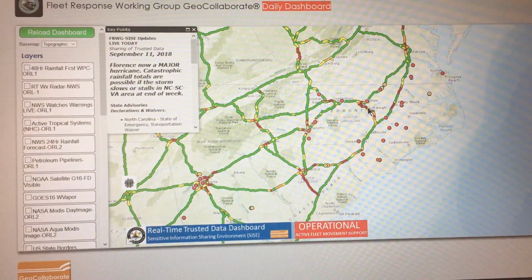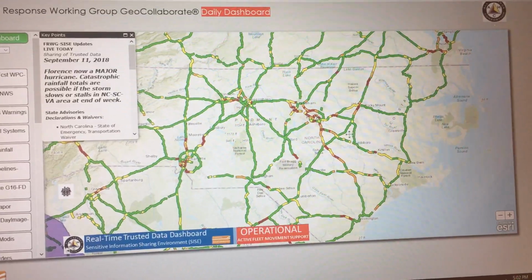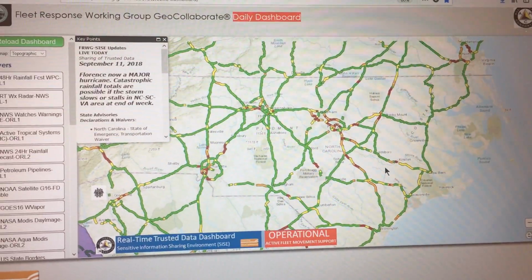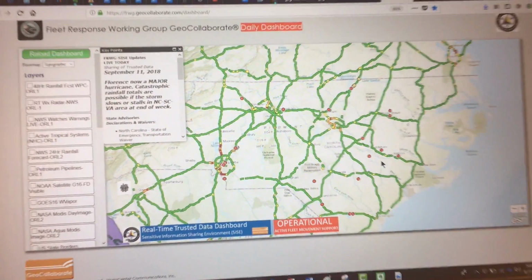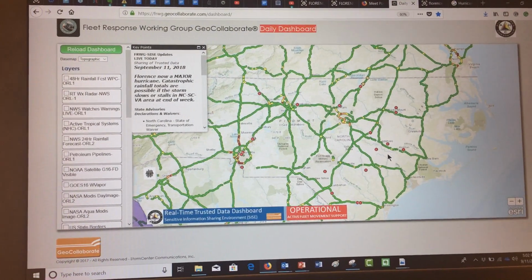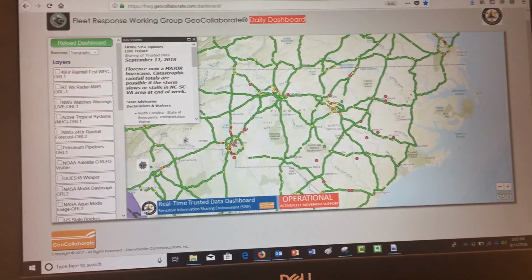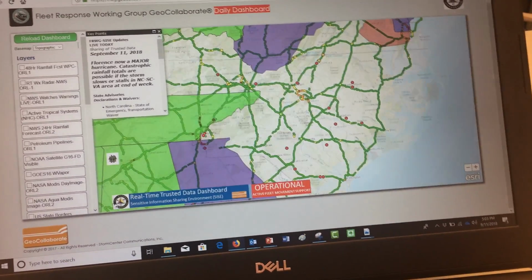But if I zoom in farther, okay, you can see now that a lot of roads are open, which is fine. But come a few days from now, this is going to be really important to find out where we go from there. So what I want to do is zoom back out and show you